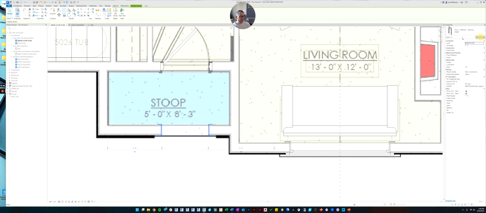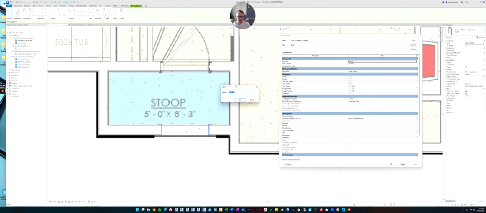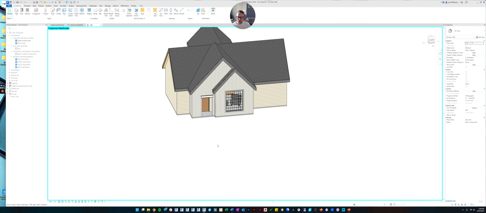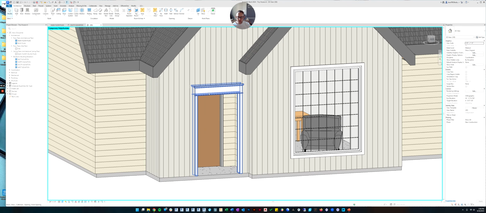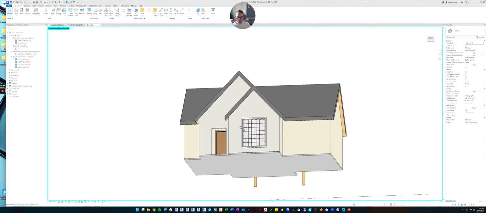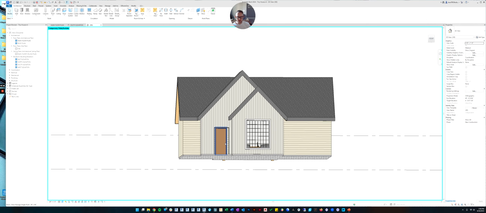It actually looks like the opening is bigger. So let's go edit the type, and we'll duplicate it, and we'll just say front opening. And we'll do a 4-foot width. There we go, that matches better. And if we look at it in 3D, it looks like it put trim, but maybe we don't want trim. Do you see here where it says show the trim, side 1 and side 2? Let's just shut the trim off. And then it's just an opening through the wall, and then you can see the front door.